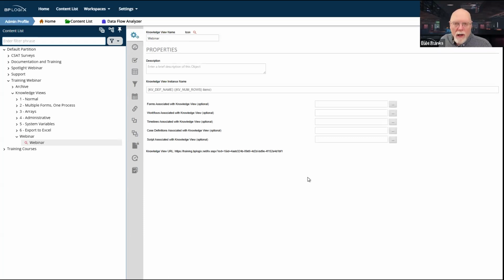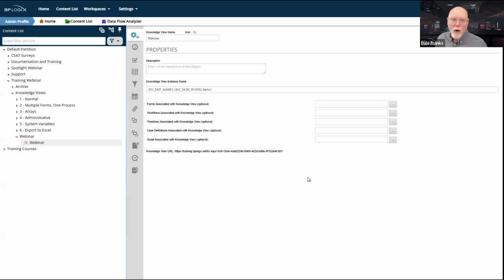So whenever you first create a knowledge view, let's just go through the property tabs that are the most concern to you and talk about their configuration a little bit. In most cases, what you want to return to an end user are instances of a specific form. Most knowledge views that you build are going to be associated with a specific application, like a request for leave. And so if you want to provide the user with the ability to see all of their past leave requests, for example, then you need a knowledge view to do that.